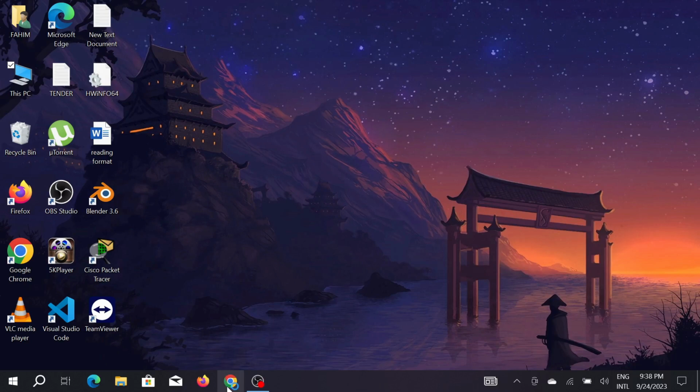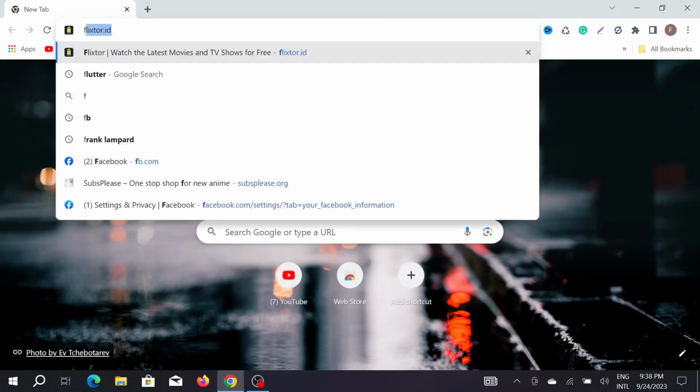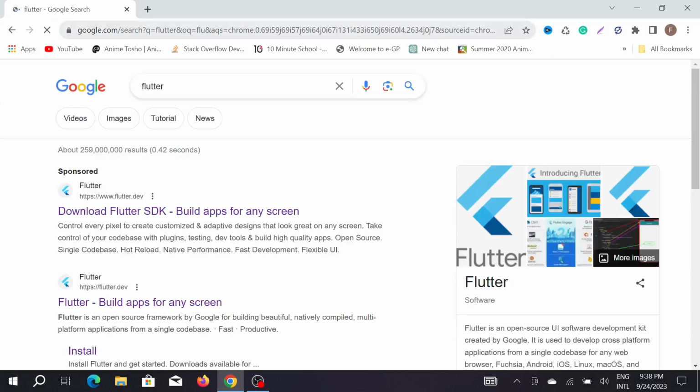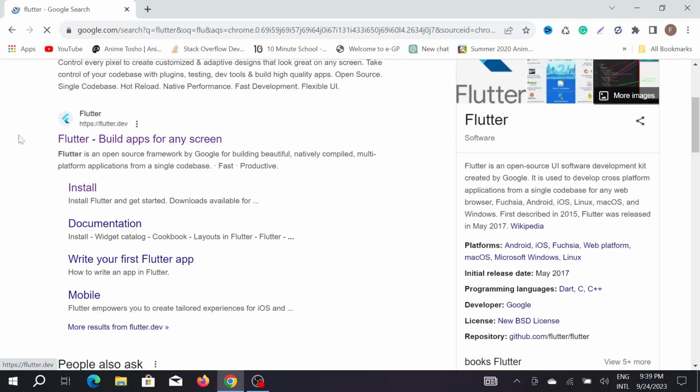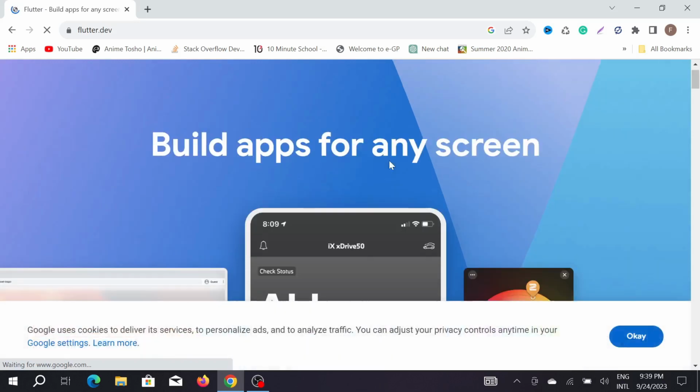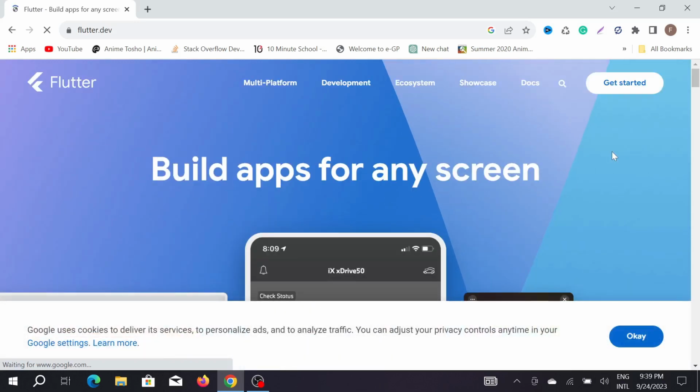First of all, go to your browser. Any browser will do, but I'm using Chrome, and here just type Flutter and enter. As you can see, this is their official website, flutter.dev. Just click that website, and after clicking that you will find this web page. This is their official website, and this is also open source, so you don't have to pay anything. To download it, just click Get Started here,